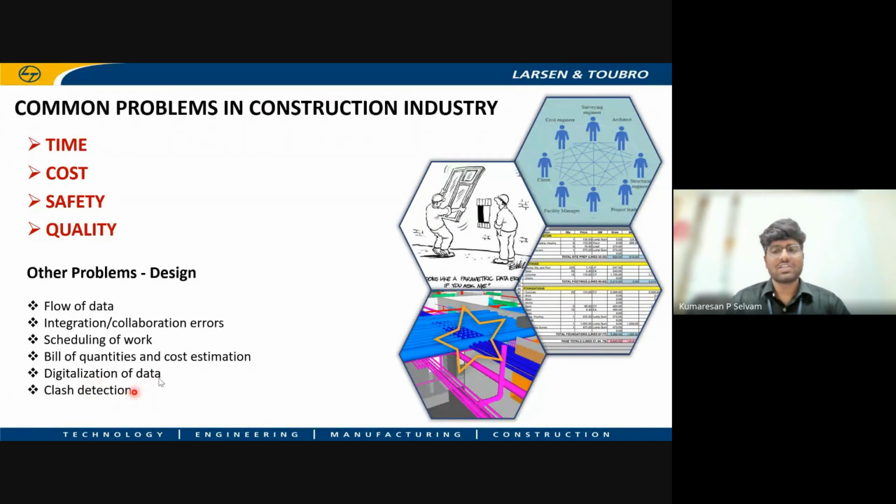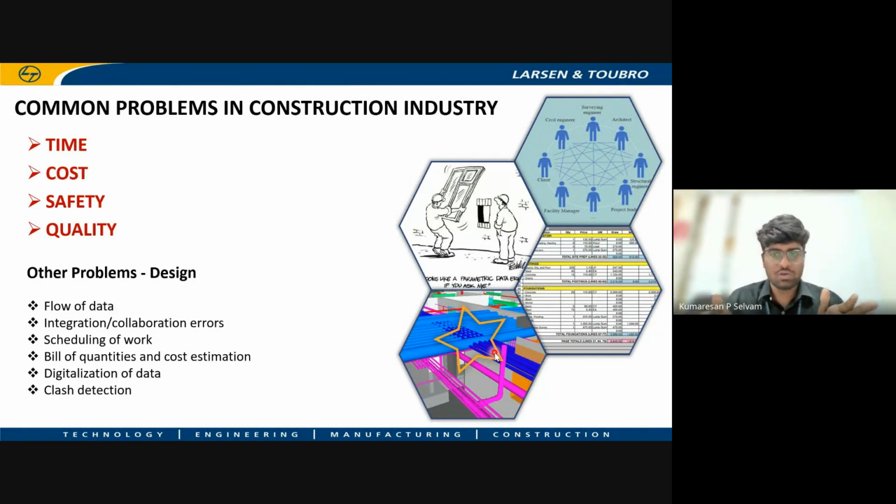And also clash detection. See here, mechanical people will be designing a pipeline duct here, and electrical people will be designing a wire duct here. So both the ducts will clash together. In the conventional method, mechanical will submit a drawing separately and electrical will submit a drawing separately.